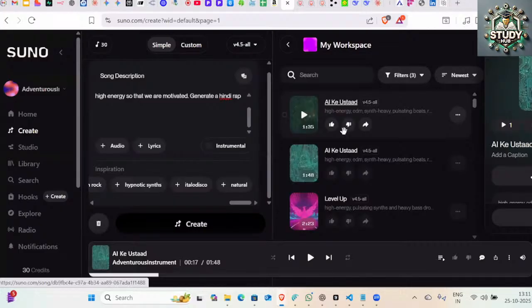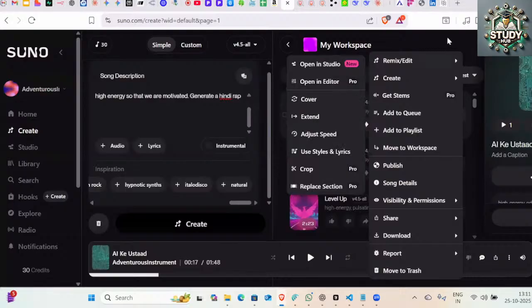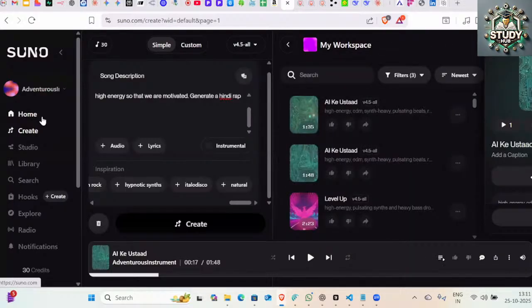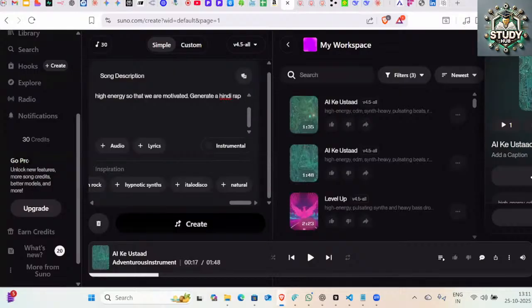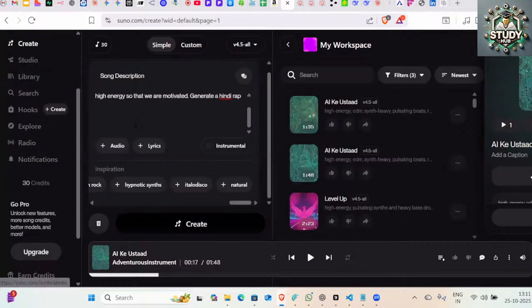So a lot of people, and these are all copyright free. If you are thinking I cannot download this, you can simply download it by clicking on this download. You can have an mp3 file on your laptop. When you're an advanced user of it, you can definitely buy. I'm using a free plan. I think you can generate, if I'm not wrong, 10 or maybe 15 songs in the free plan per month. That is renewed every month, but you can try different features.